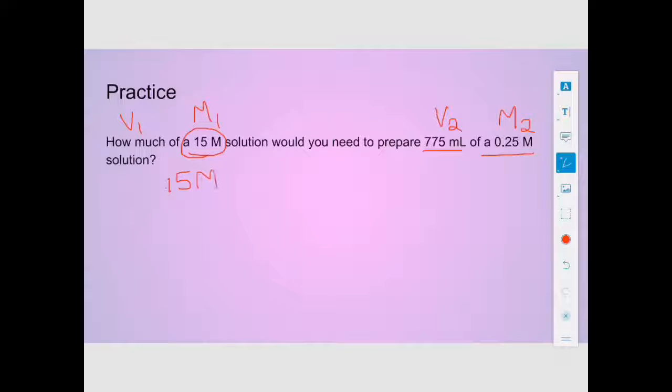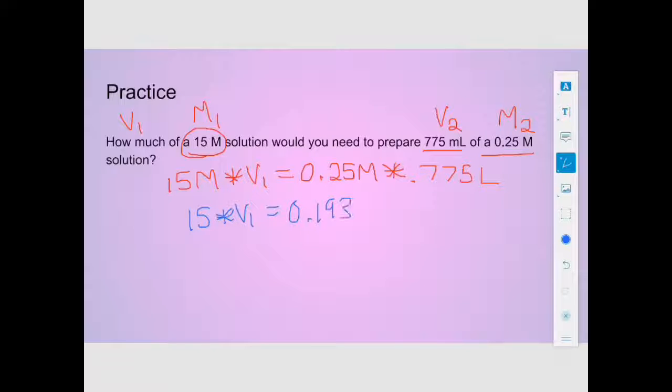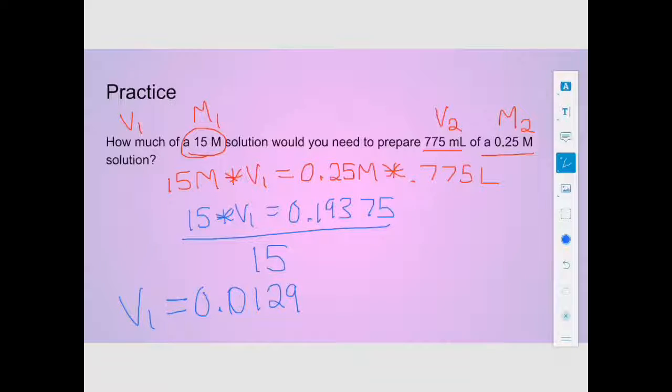M1, 15 molar, times V1, which we don't have quite yet, is equal to M2, 0.25 molar, times 0.775 liters of solution. Okay, we're going to go ahead and get going on that. 15 times V1 is equal to 0.19375. Both sides can be divided by 15, and V1 will be equal to 0.0129 liters, or